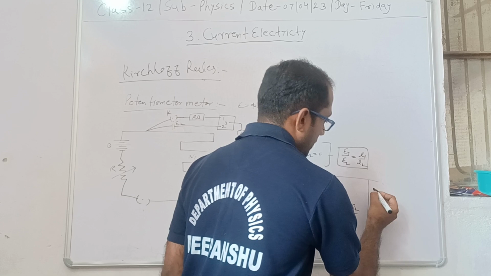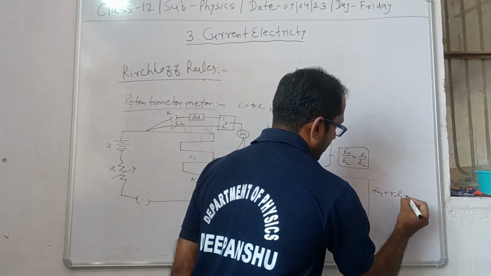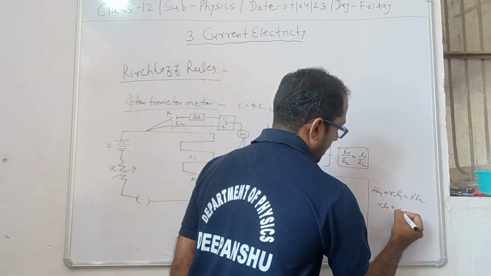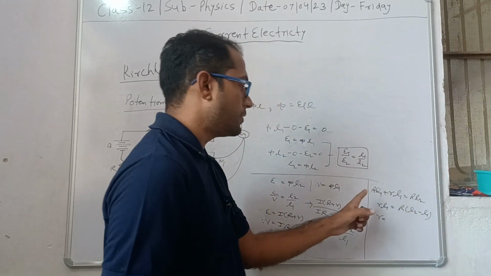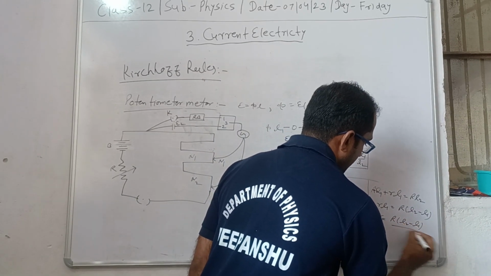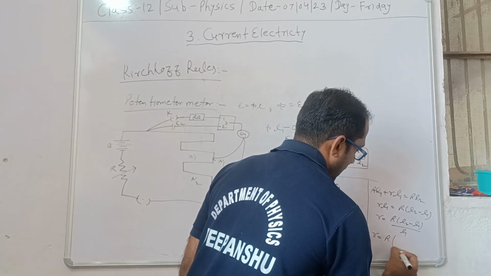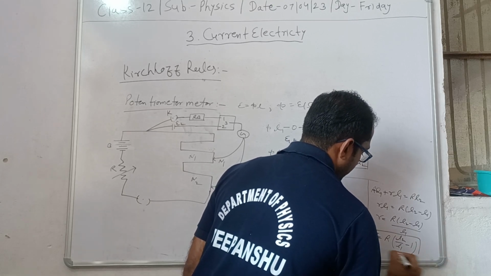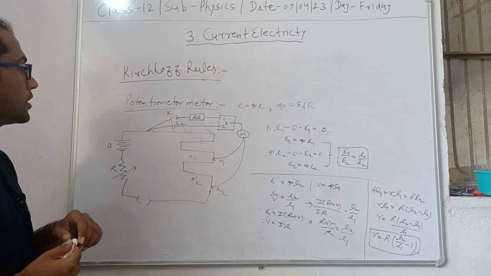Please cross multiply this. So R L1 plus r L1 equals R L2. r L1 equals R times (L2 minus L1), because we want to find the value of r. So r equals R(L2 minus L1) upon L1, and finally the value of small r equals R times (L2 upon L1 minus 1). This is the value of the internal resistance of a cell using a potentiometer.